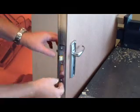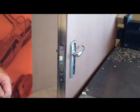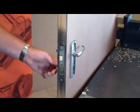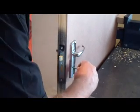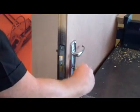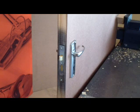And then it's simply a question of tightening up the screws on the handles. Right, with all the fixing screws and for the handle and the lock affixed to the door, all that's left is checking that the mortise lock works correctly. And I would check it from both sides just to ensure correct operation. One doesn't want to end up locking the door and find that something has gone wrong with the installation and the